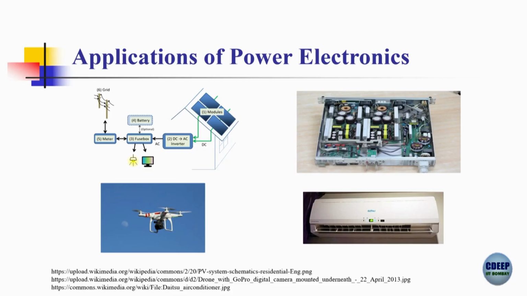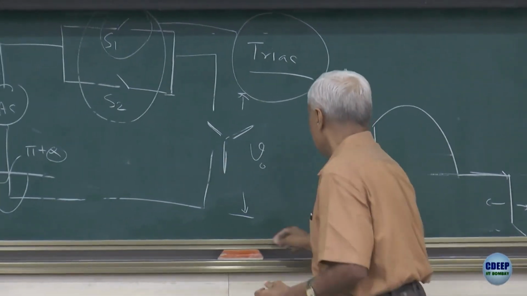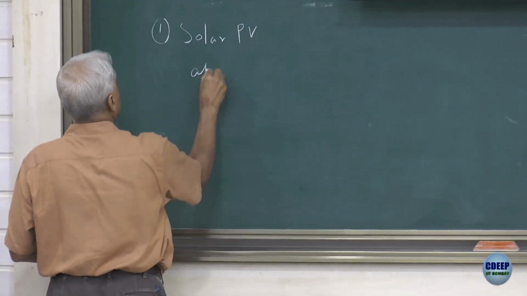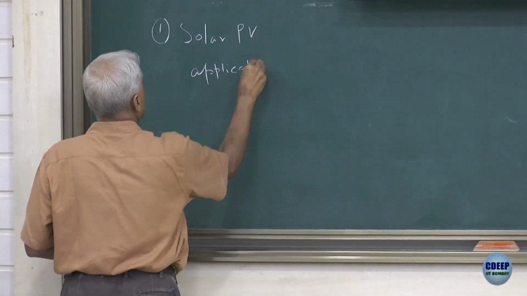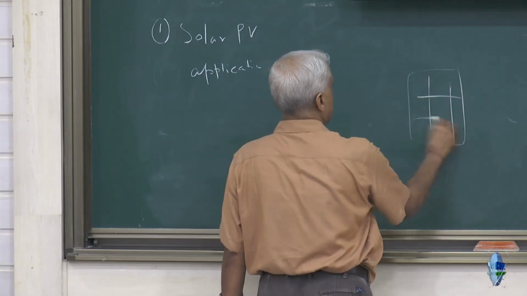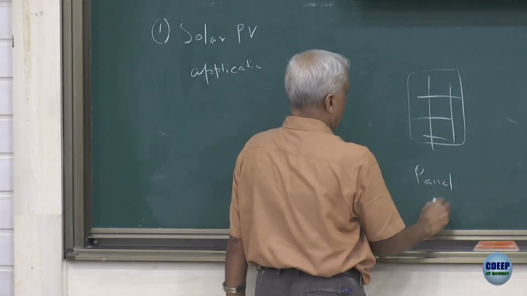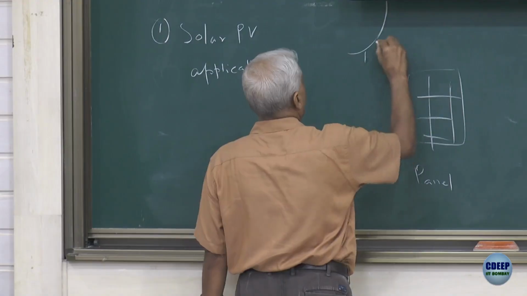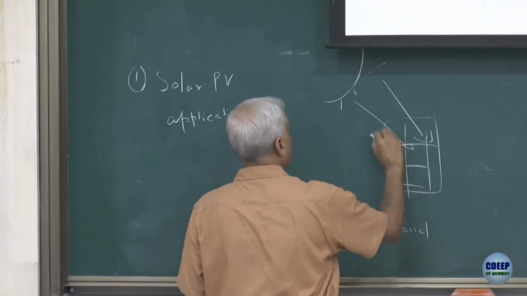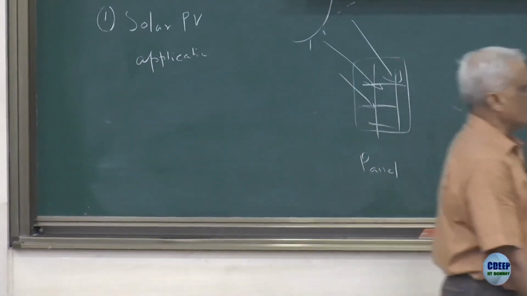Okay, but just to give you an idea, now solar PV source is nothing but a semiconductor PN junction. So if I have a PN junction, so we have a solar PV panel here, or a module, whatever you want to call it, and there is a light which is falling on it. And since it is made up of semiconductor PN junctions, basically what I am saying is that